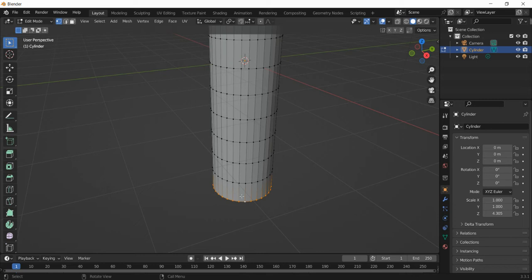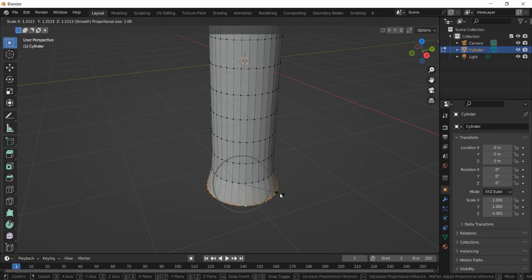Okay. Now, what we're going to do is enable the proportional editing mode. To do that, up the top menu, we've got that little dot with a circle around it. So if you click on that, as we move the bottom of the tree trunk, this will move the other sections of the cylinder in proportion to what we're doing, so it looks a little bit more natural. Okay, so we're going to scale the bottom, so we're going to pull it outwards. So I'm going to press S on the keyboard and just pull it outwards a little bit like that. Okay, so this can be the bottom of our tree trunk.